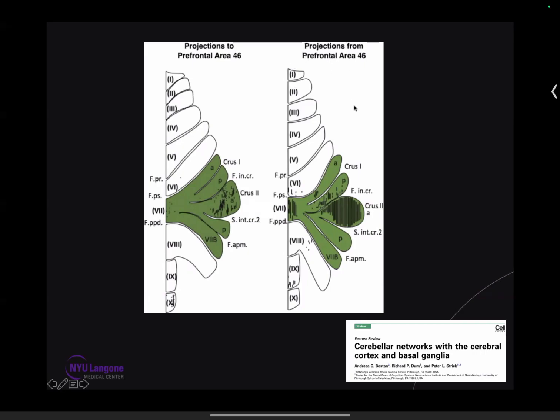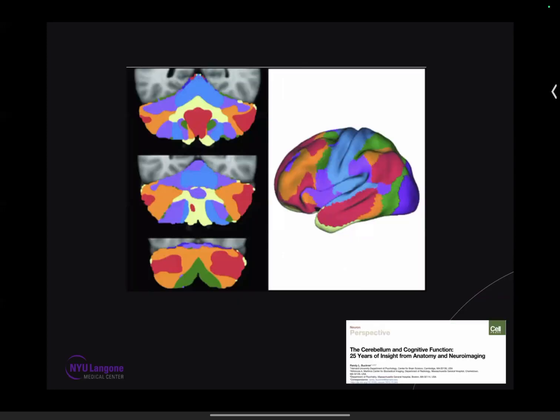Why I'm stressing on that? Because these are the areas which are involved in language, right? So you can see language is not just cerebrum. Language is very complex to understand, but it's very well connected to the cerebellum into these areas called Crus 1 and Crus 2. Another very good study from the same paper, this is a review article, very nice review article